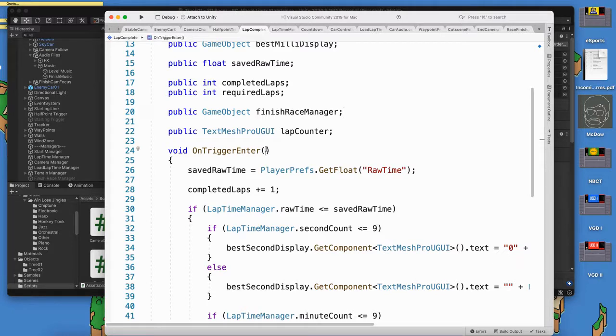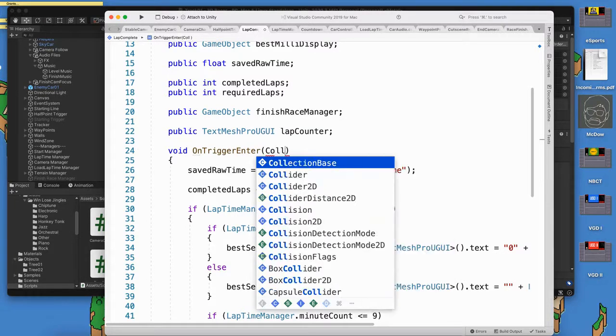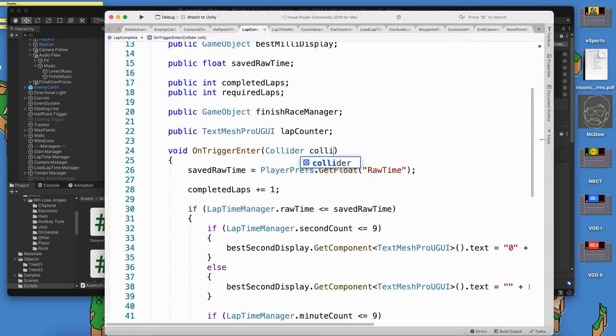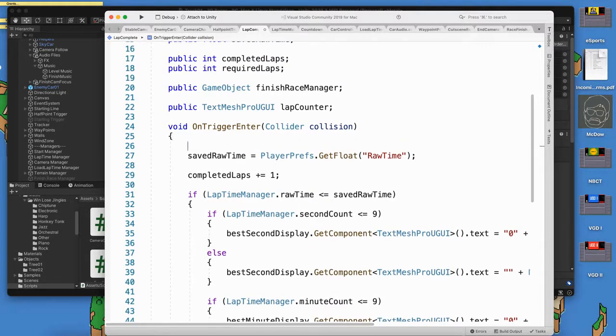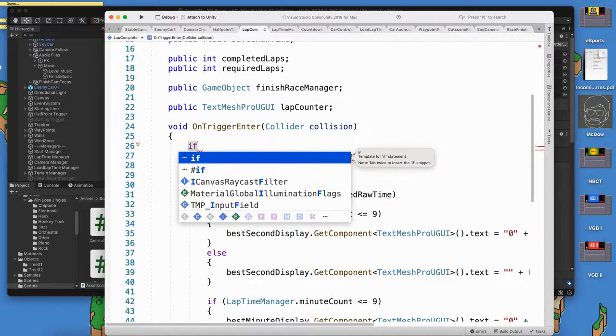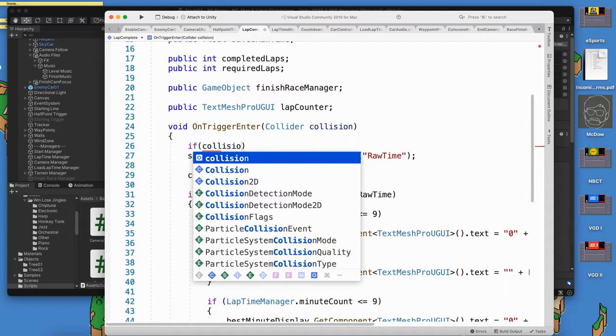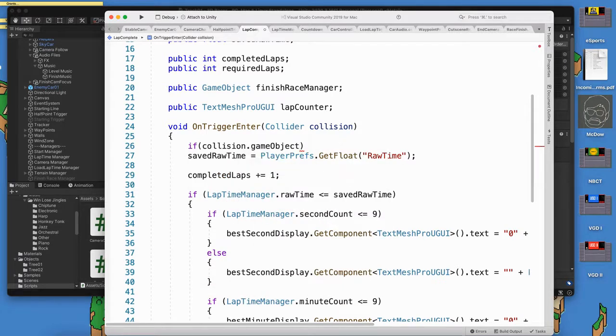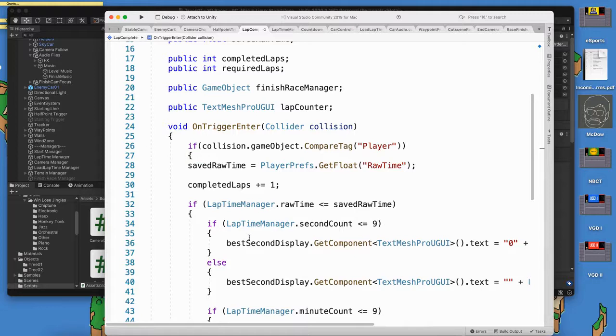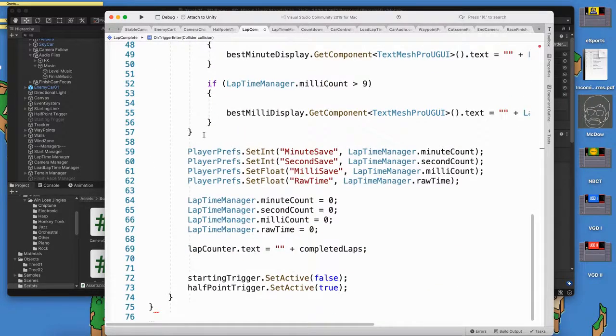So on OnTriggerEnter, let's check for tags. So collider, collision, done. And we'll check for an if here. Let's just put if here for the whole thing. If collision dot game object dot compare tag, and that is an argument. The name of the tag we're looking for is player, and I'm just going to press return and open up a bracket there, and I'm going to scoot all the way down to,